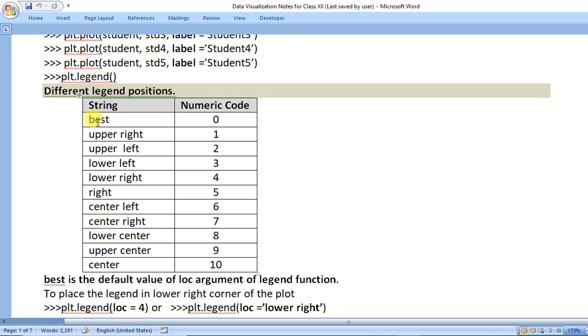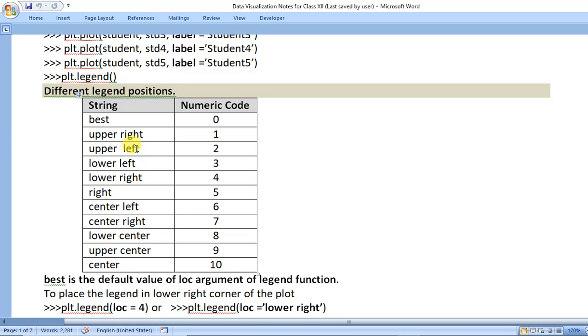So by default the legend position is best, and the numeric code of best position is 0. So best means Python will adjust the location of legend wherever Python finds the space, and it will set the legend at that place.